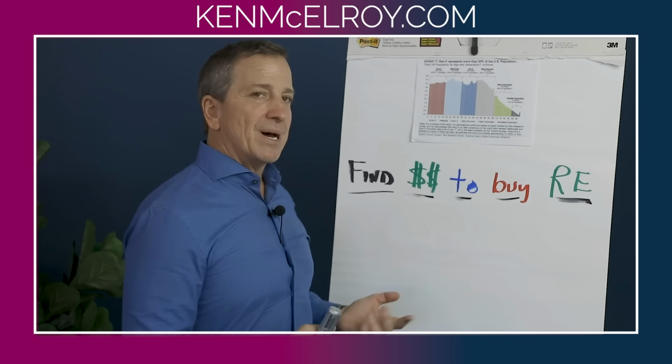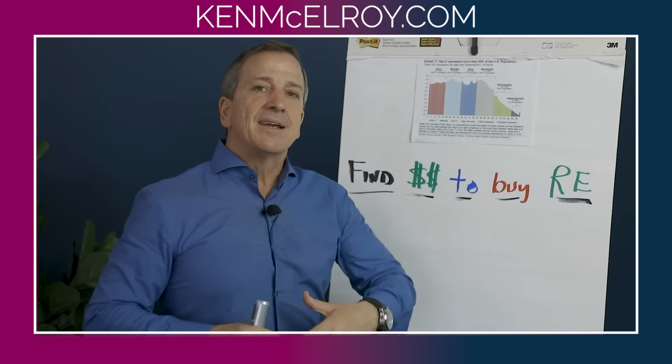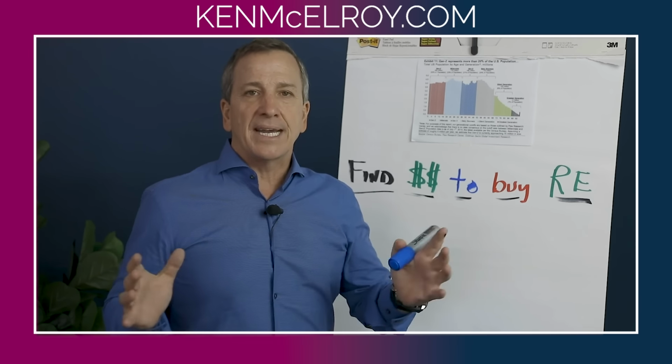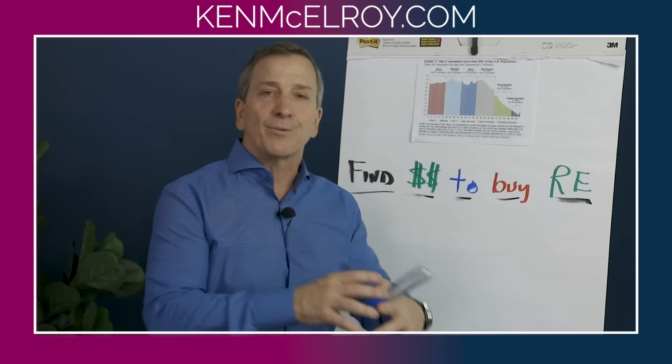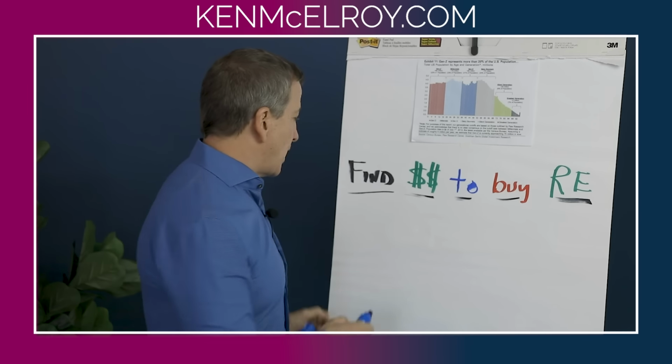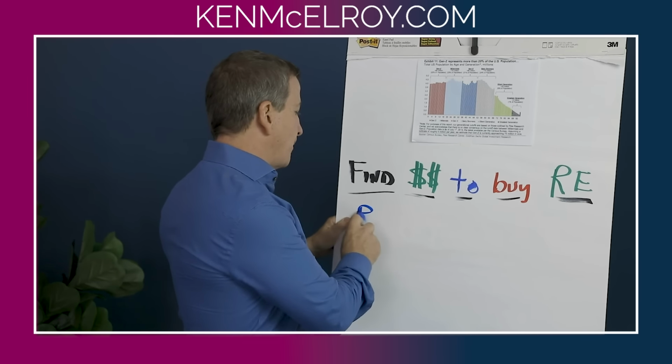And the reason we use money and not debt or lending is because money doesn't really care what the name of it is. You're going to need equity and you're going to need debt. You're going to need a mortgage. You're going to need an investor, whatever you want to call it, it's money. So the first thing that we're going to talk about is the business plan.